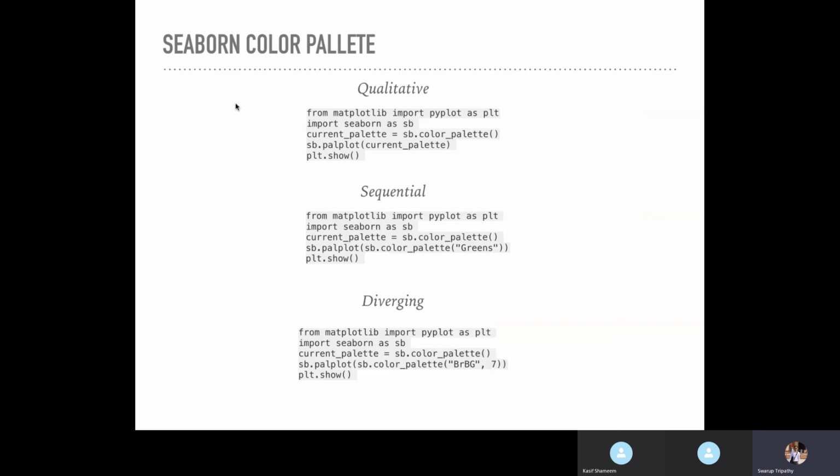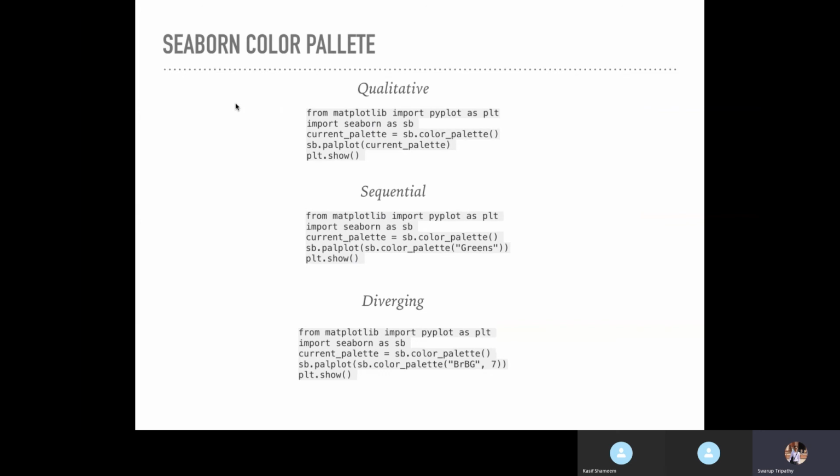So now Seaborn has qualitative color palette. Qualitative will be like each of the values will be categorical, meaning each of the values will be unique here. Okay, so that is your qualitative. Multiple, different colors will be selected if you take qualitative color palettes. Similarly, the other one is called sequential. Sequential color palette means it will be a sequence of colors, like light green to dark green or light blue to dark blue. Like that, a sequence of colors.